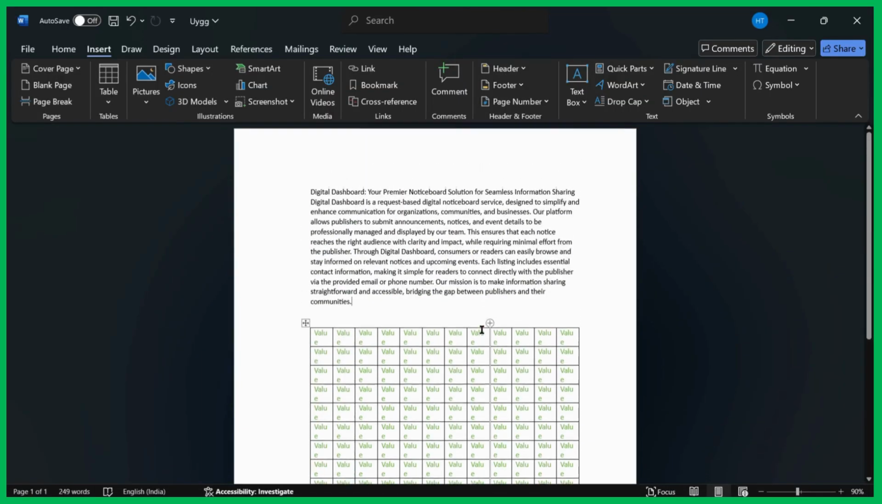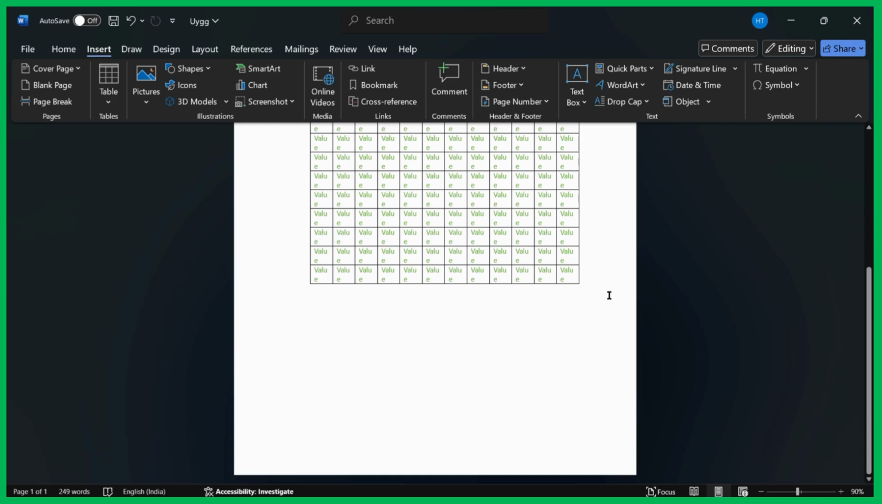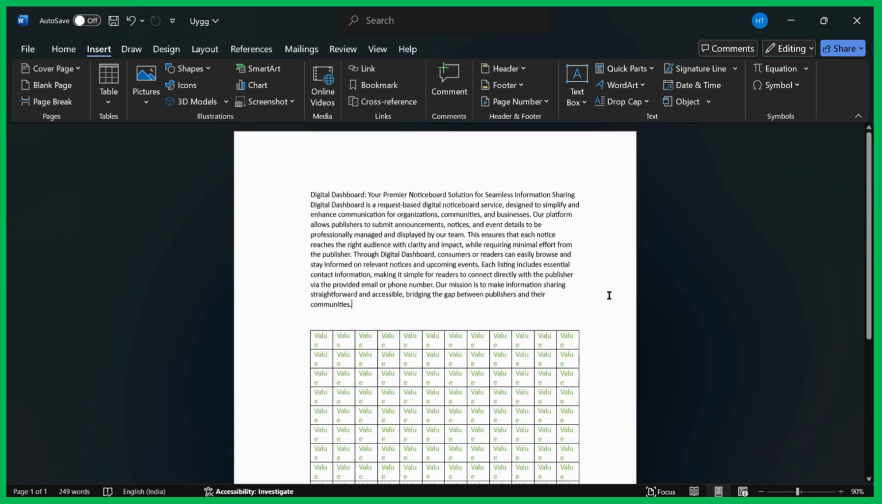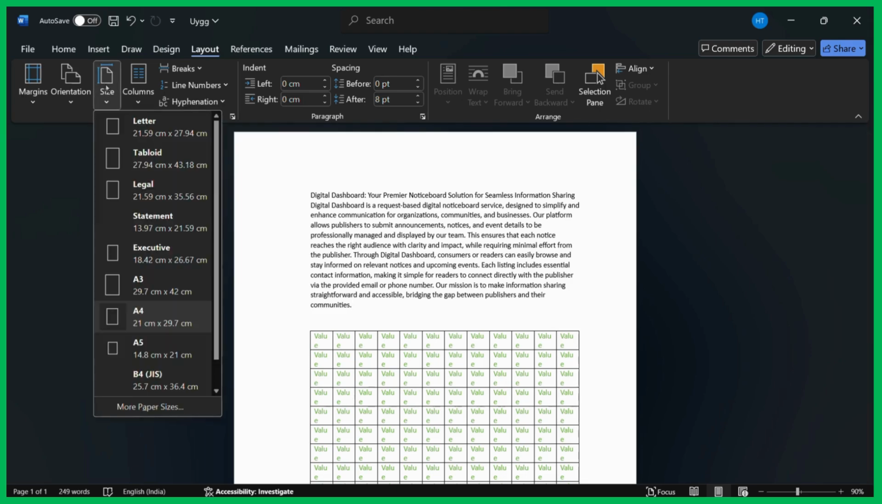Now, to change the size of your page, or if you want to change the type of your page from A3 or A4 to any other document size, all you need to do is simply click on the Layout tab right here. Once you click on the Layout tab, you can see this Size option right here under the Page Setup option. Simply click on the Size button right here and it will give you a variety of different customized